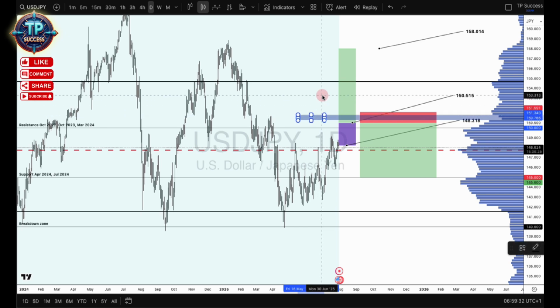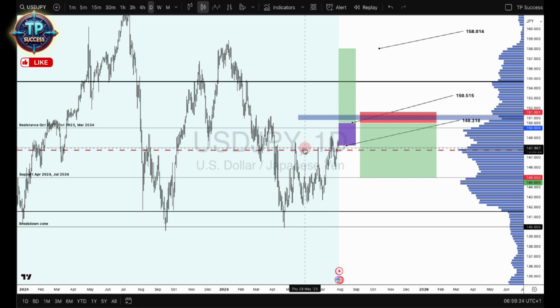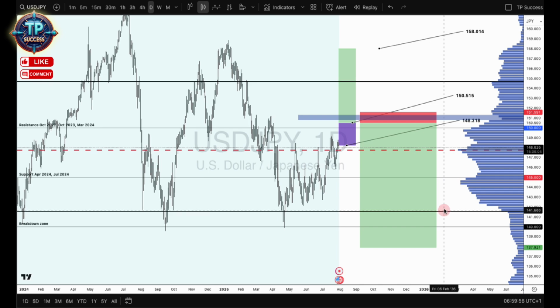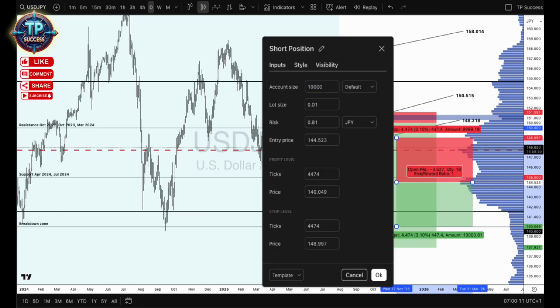Okay, so as it stands, that's how business will be conducted. That is how business will be conducted. Now the breakdown level, which is at 140, right, is basically a close below 144. So a close below 144, which is around this level right here. So this is where we could possibly add in another trade. So let's say 144, go in here,